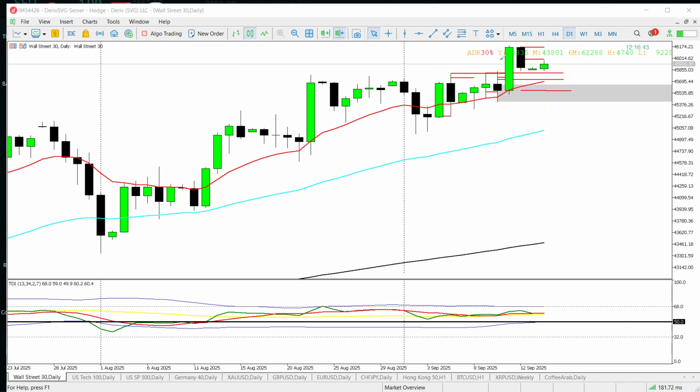So looking at US 30 for the month of September, currently price is going sideways and it looks like we are in that retracement. So what are my main points of interest for this week? If you notice, my main point of interest is basically this order block or this candle you see here, or that demand zone. So if price retraces back into that area, I'm looking for potential buys. I'm also looking at the 13 EMA, and if we drop